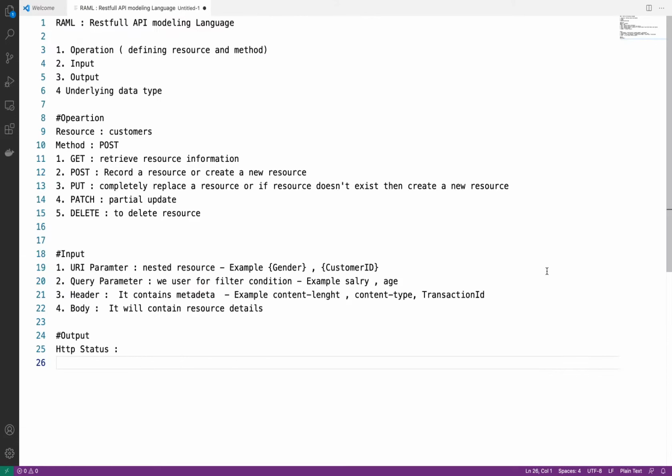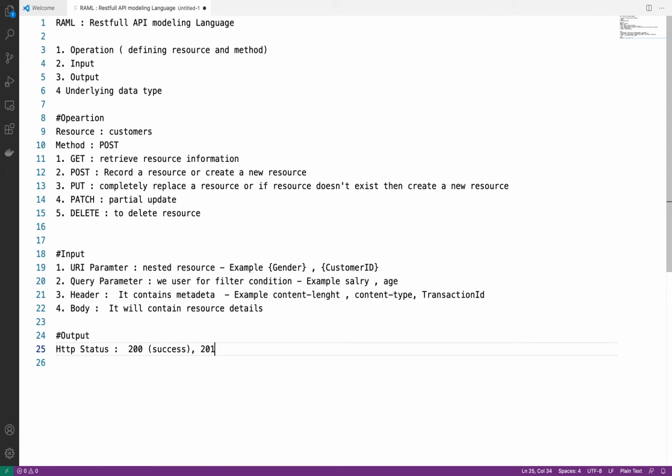So for HTTP status, you will get a list of statuses. For example, 200 means success. Now if I want to create a new resource and my API successfully created the resource, what response will you get?